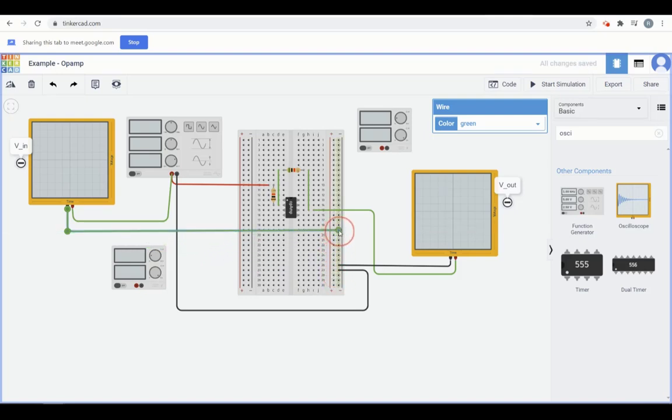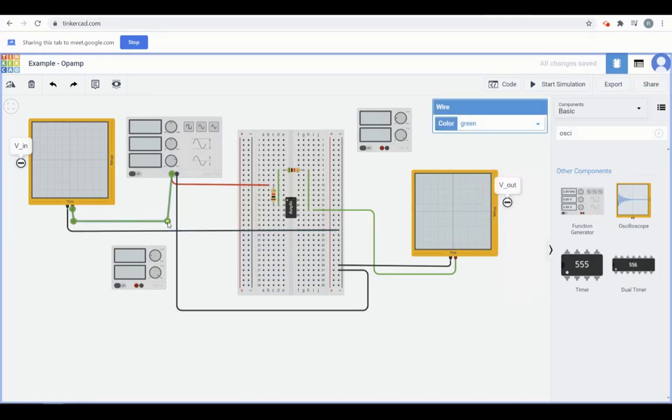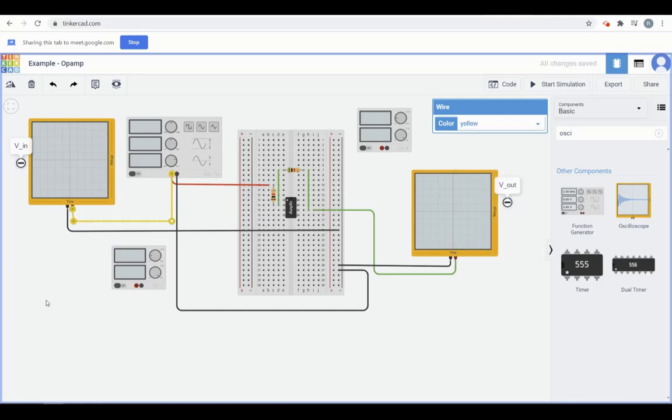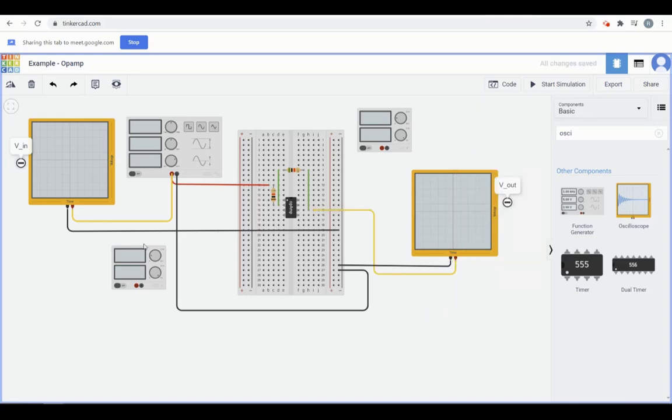So this is my ground. This will show me my input voltage. Let's take yellow. Let's take this also as yellow. So everything is fine. I've made arrangements to display the input voltage, which is coming from the function generator, and the output voltage.